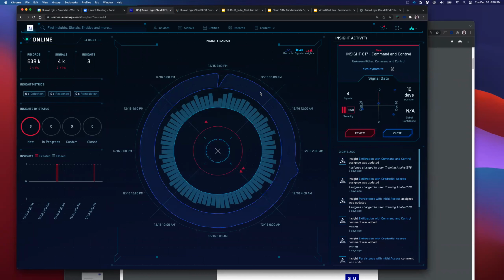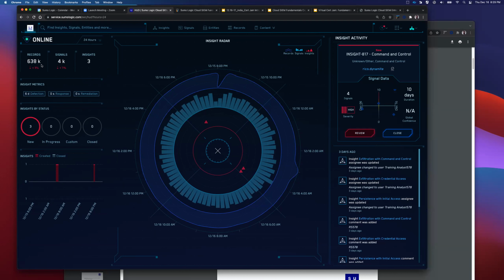What we're looking at here is the main page. The middle section shows the insight radar, which I described earlier, and we'll play with it together in the labs. On the left-hand side of the screen, we see the records, the signals, and the insights. This gives us a pretty powerful image of what the system's doing. The system has ingested 638,000 records over the last 24 hours.